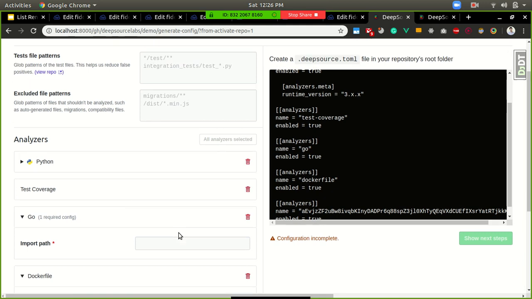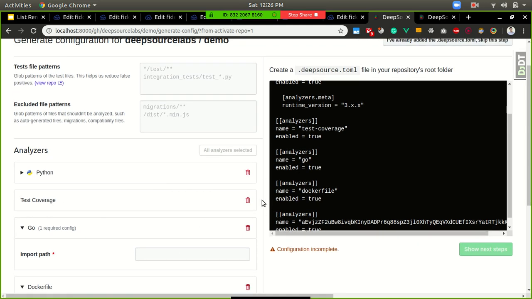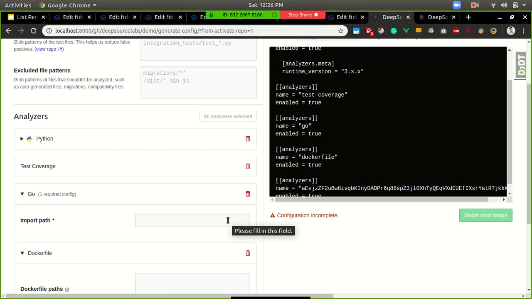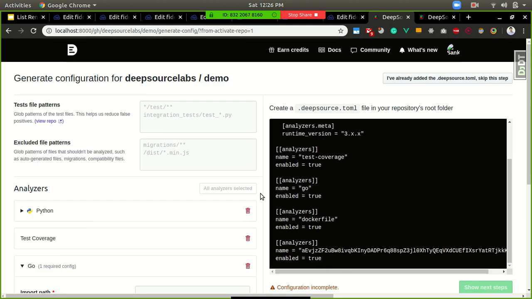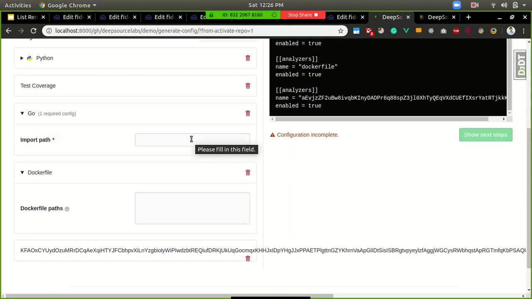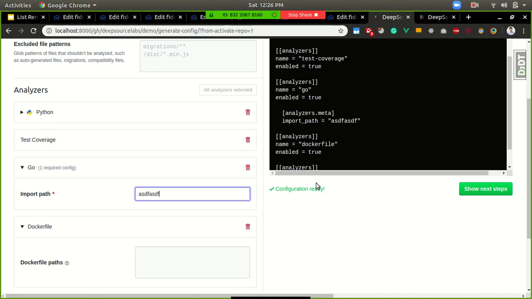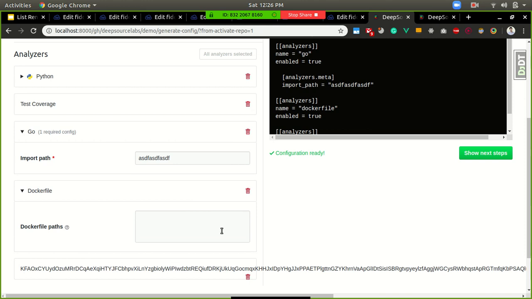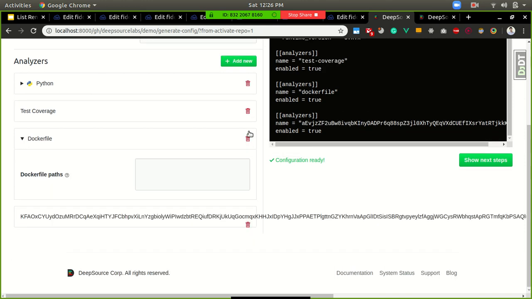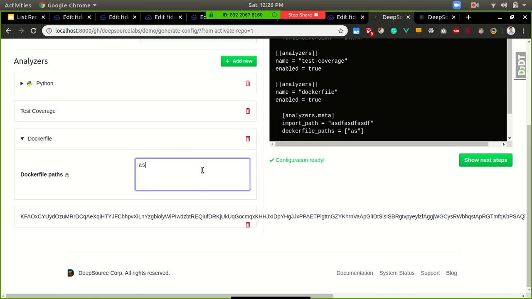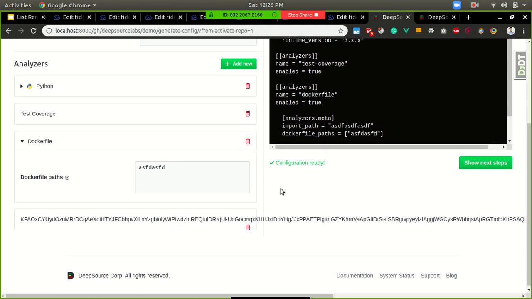So the problem was what happens when somebody logs on to DeepSource and they are just onboarded. What they have to do is select their analyzers and everything, and a TOML is generated in real time when I was implementing this. So something freaky happened. See, I have recreated the bug over here. Whenever I type something, it is printed over here. That's cool. It comes under the Go section. But when I delete it, okay, the Go section is gone. But when I type something over here, this state is persisting. It was just killing me because I didn't know the solution at that time.